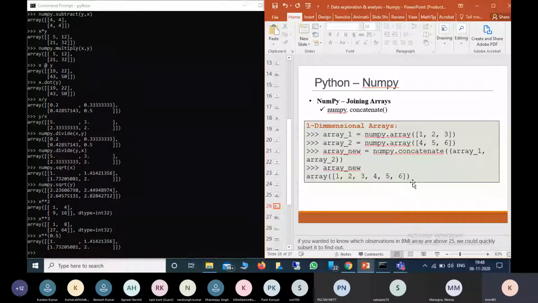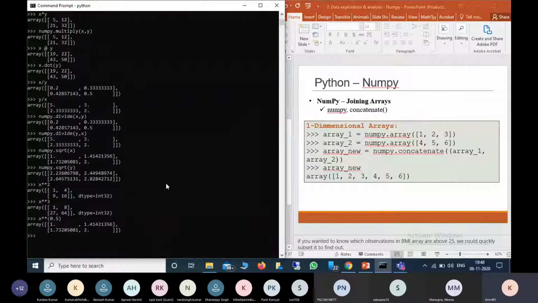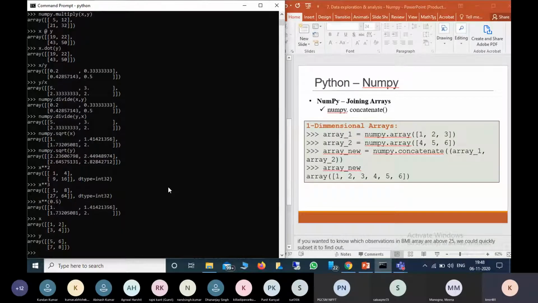First we will test for 1D arrays. We already have x and y, and we can check them; these are 2D arrays. So first we will take the 1D array.